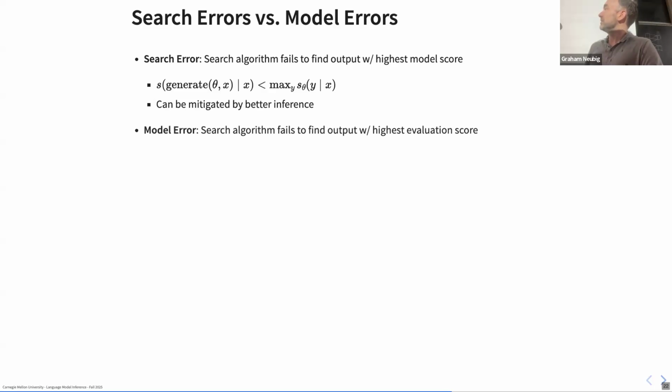The other thing is model errors. And model errors are basically when your model's score, S theta, is not a good output according to whatever evaluation metric you care about. And so what this means is you get a lower reward for your generated output than you get for